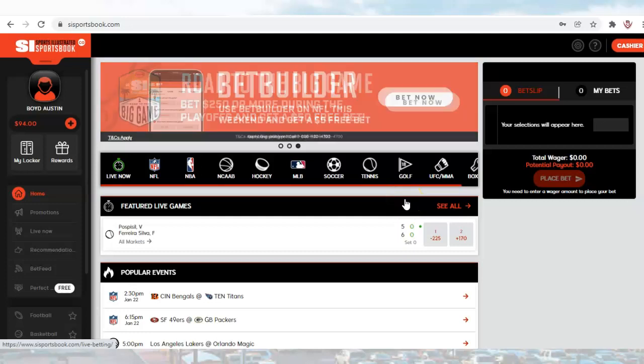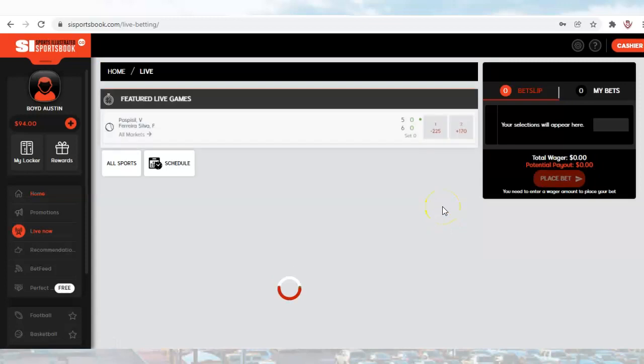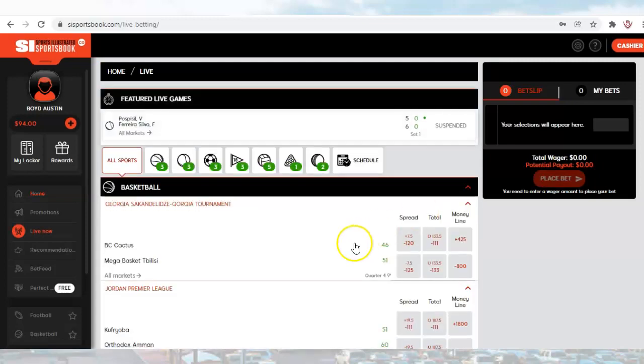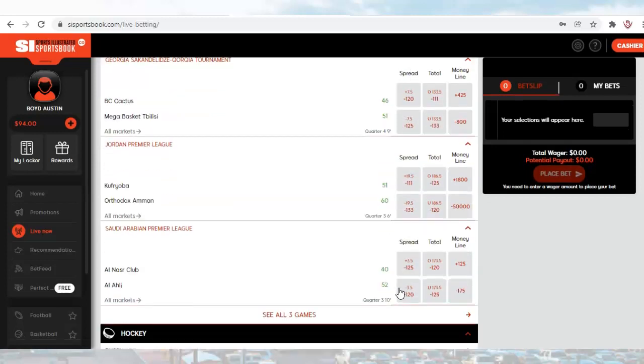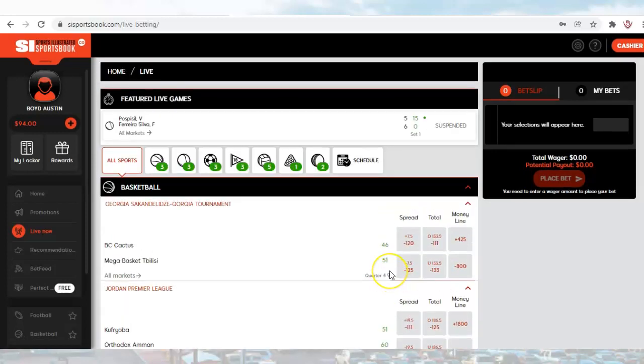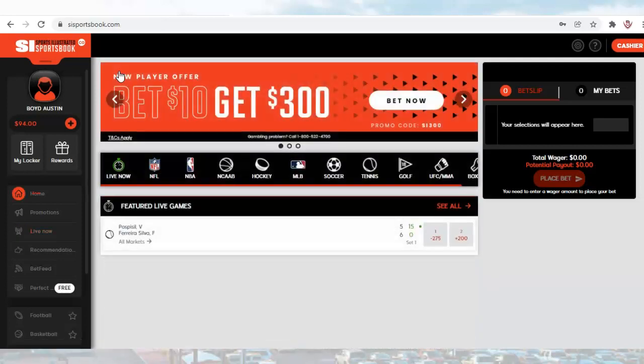Again, this is kind of a quick review, but I did want to show you they do have the live game betting or in-game betting. It's a very big aspect of today's folks that do the betting, but it's pretty easy to navigate here. Again, their fonts are super small, and that's my only real drawback on the mobile app. You better bring a microscope because it's kind of tough to see these things when you're doing things from your phone. So my best recommendation is to go ahead and use the site, take advantage of it. It's available to have an outlet again for more bets, more places. But I will tell you that it can be a little bit difficult to see, especially on the